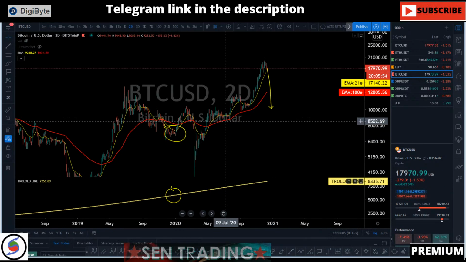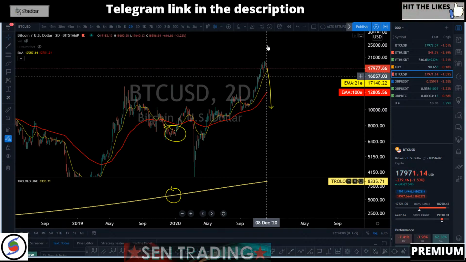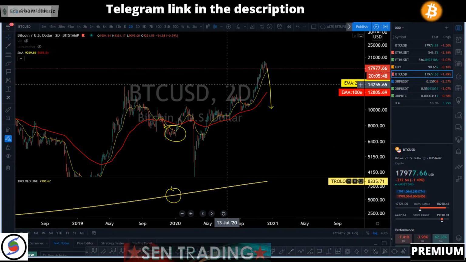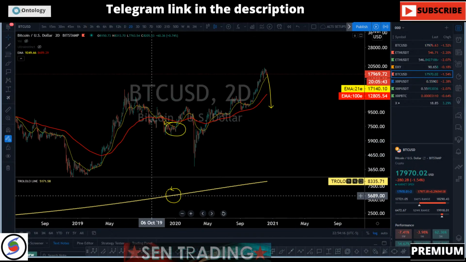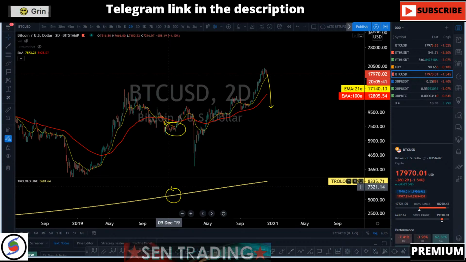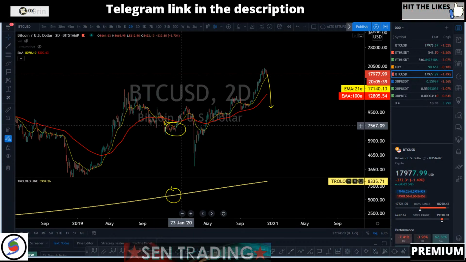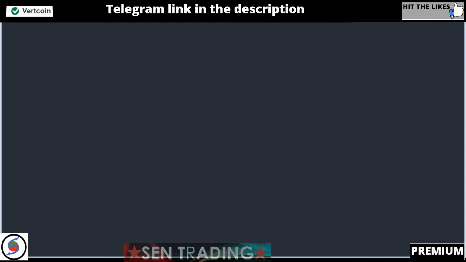So I think any dip below the weekly 21 EMA, and also below the trend line, is going to be a very strong buy, short term. I talked about it last year. So let's check it again.